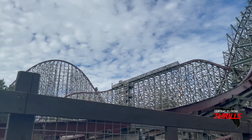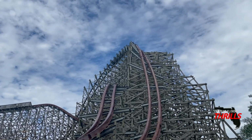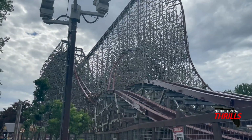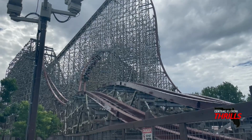I absolutely love the area that Steel Vengeance is located in. It's all by itself in its own little part of the park, and it's pretty close to Maverick, which in my opinion is their second best roller coaster, so you don't really have to go far for their other best coaster. But to be honest, this ride area, they made the ride look really nice with that awesome track color,